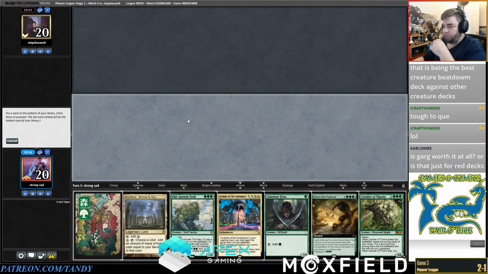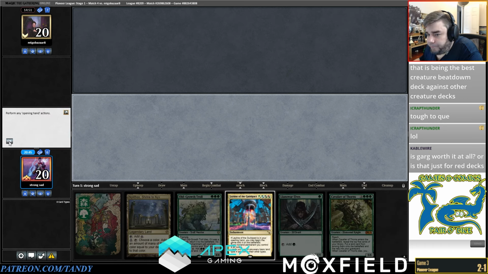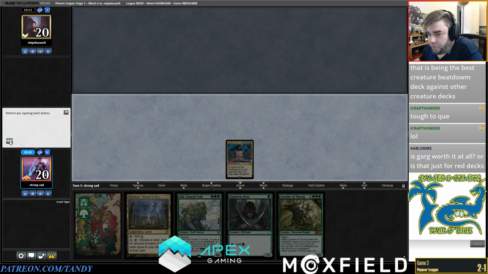All right, we're gonna keep this hand for sure. What do we put back? Part of me wants to put back the Elf because I know it's gonna die, but I think we can just put back Storm. Maybe put it back. Troll was the move, but